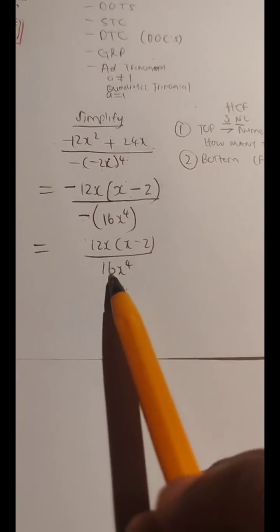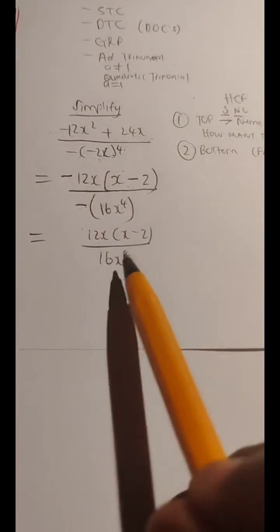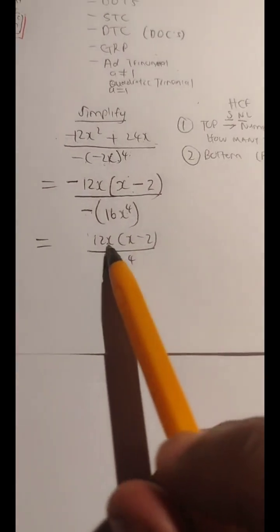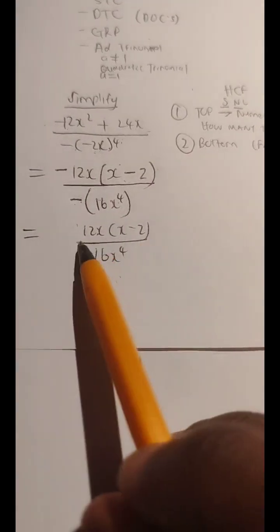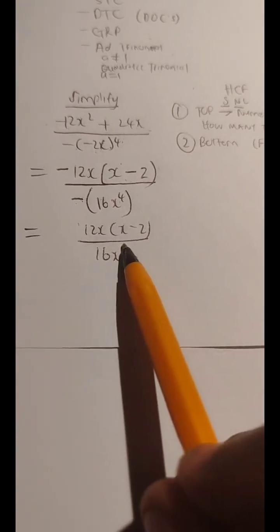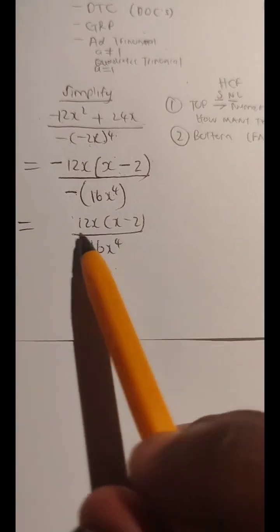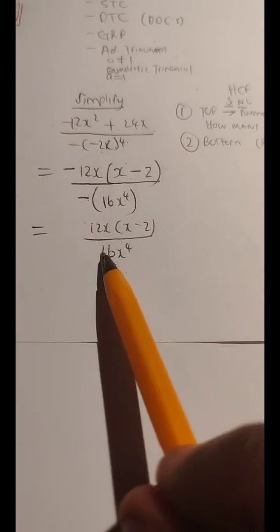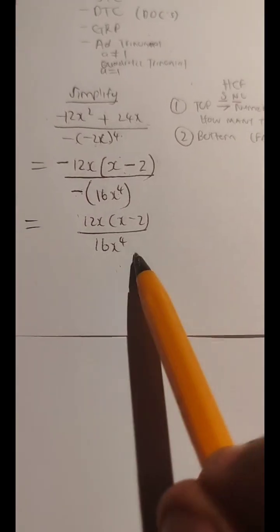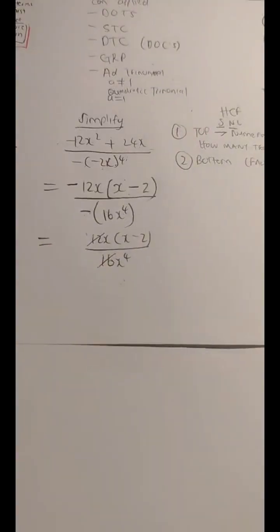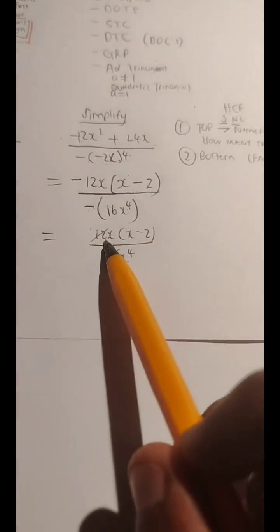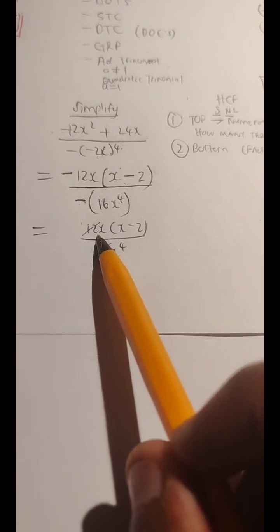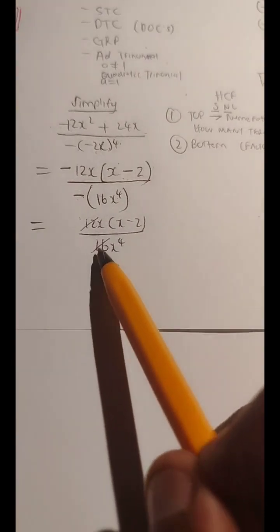the number, because there's one term at the top, there's one term at the bottom. This 12x has a relationship with the bracket of multiply. This 16x to the power 4 is divided. This 12x is divided by 16x to the power 4. Okay, the terms in the denominator are not separated by a plus and a minus sign, so cancellation can happen. 12 and 16, guys, there's the highest common factor here, right? What is it? Okay, 4. 4 goes into 12. How many times? 3.